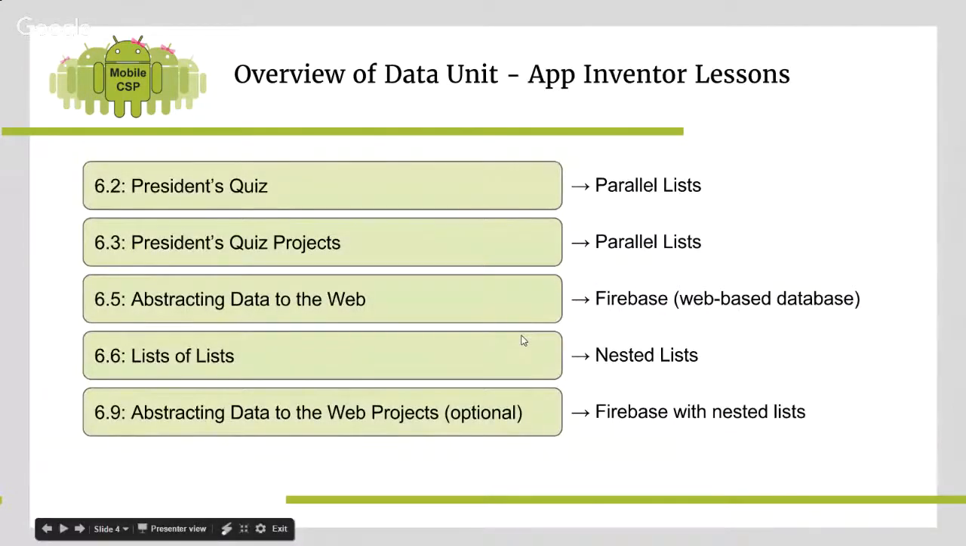So the unit is kind of divided into two different types of lessons. There's a series of App Inventor lessons that explore how data is used in App Inventor. And then there's a series of lessons that explore how data is used in other ways. So the App Inventor lessons include the President's Quiz tutorial, the President's Quiz